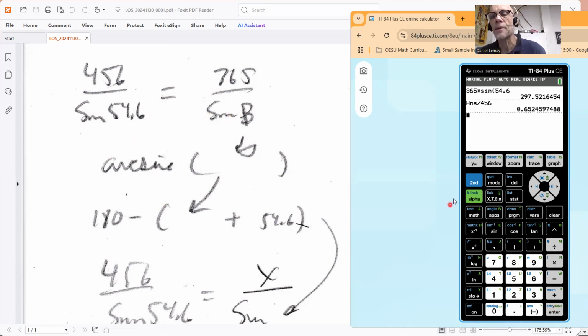To find out what angle B is, I do second sine to get the arc sine feature. On these calculators, I can hit the up arrow and grab that number and pull it down. The other thing I can do is second sine, and then that answer button will take the last calculated answer. Either way, that tells me the angle B is equal to